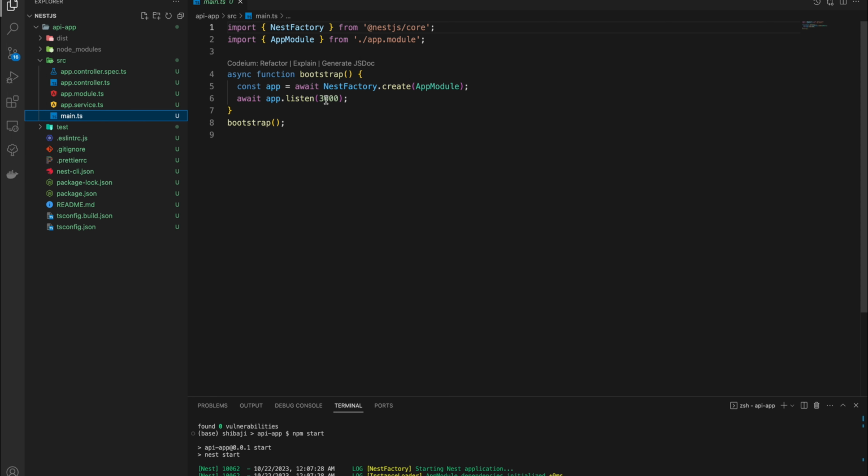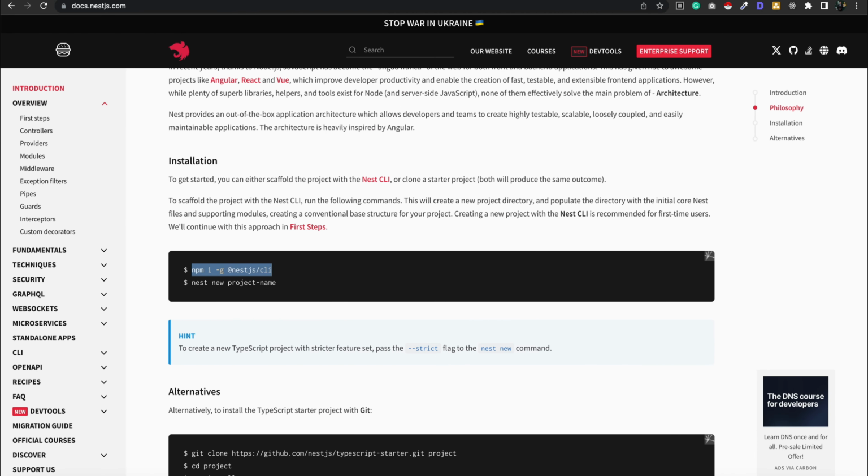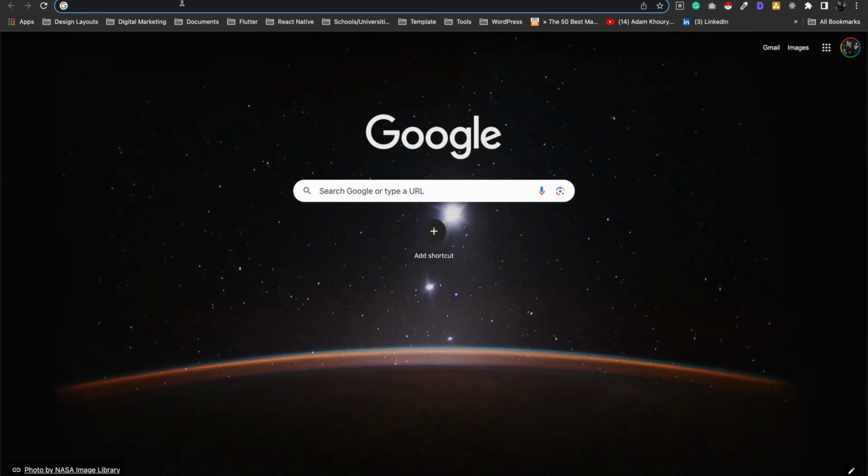Here we have port number 3000, which is the basic port of the Express.js application. It is also the base port of the React.js application. This time I simply open our application at localhost colon 3000. This is our basic application, which has started, and here we can see the output: Hello